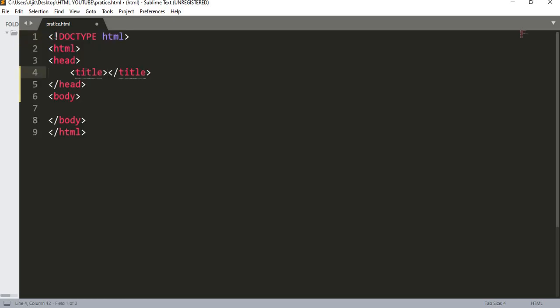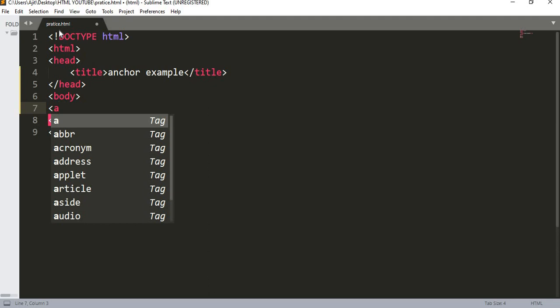I have made this HTML syntax and this is the file. Make sure that you take note of the file name, that is practice.html. Give the title called anchor example. I'm giving the title anchor example, but you can give anything according to your choice. And let me apply the anchor tag in this body section.